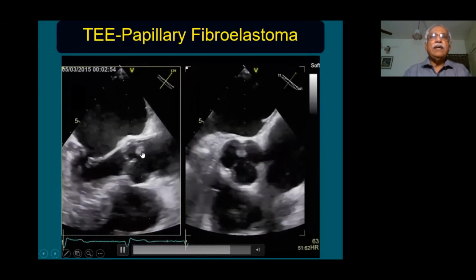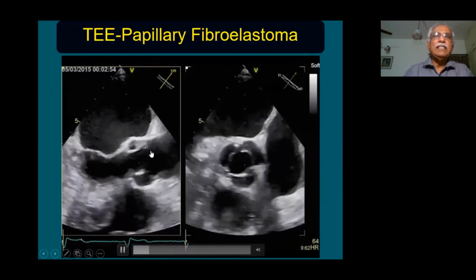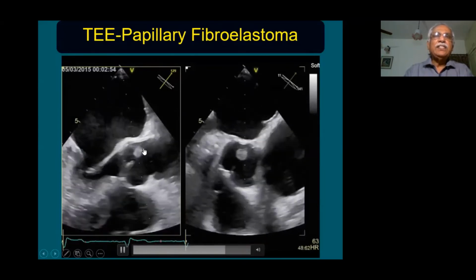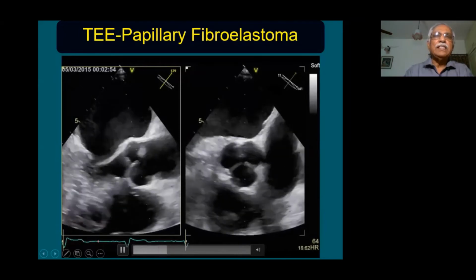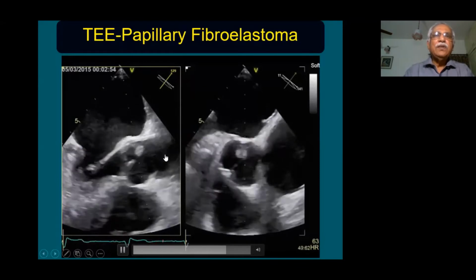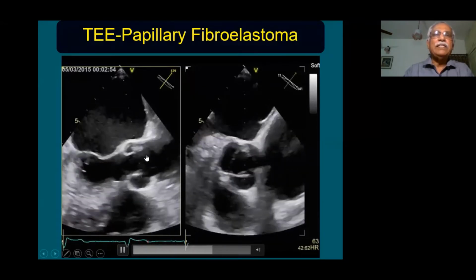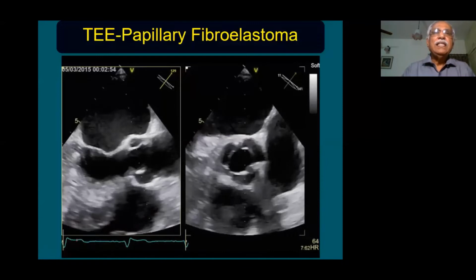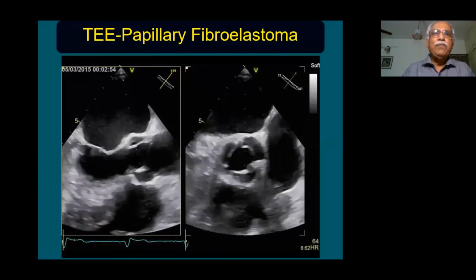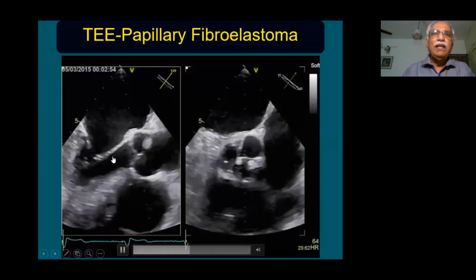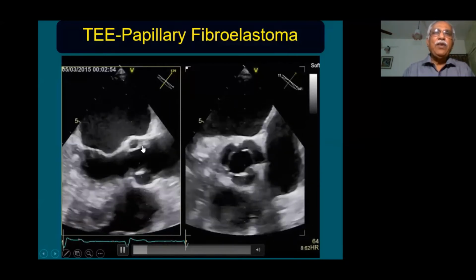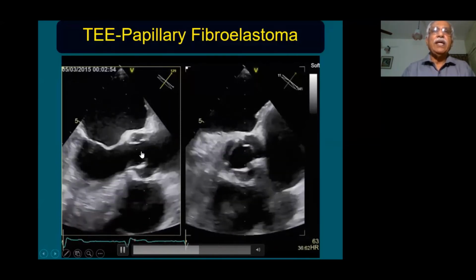All of you know what this tumor with the mass is. There is a small mass inside the aorta, and it shows some fibrillary movement. So this is what is called a sea anemone appearance of the mass. This is usually present in patients with papillary fibroelastoma. Papillary fibroelastoma commonly occurs over the mitral valve. It can also occur over the aortic valve, and you can see this papillary fibroelastoma present over the aorta.